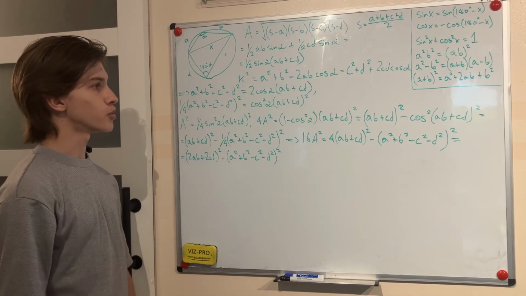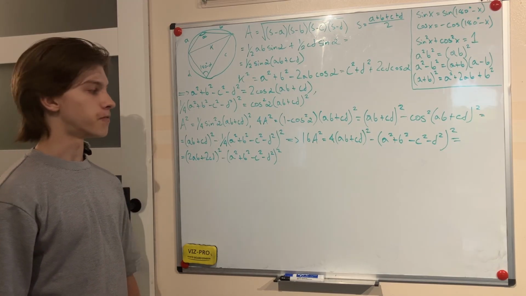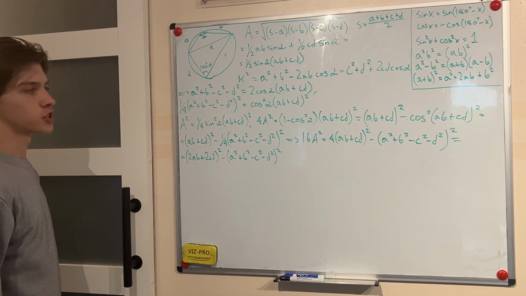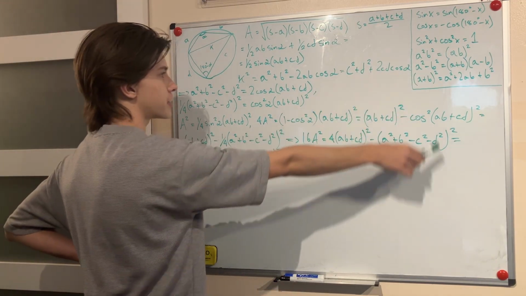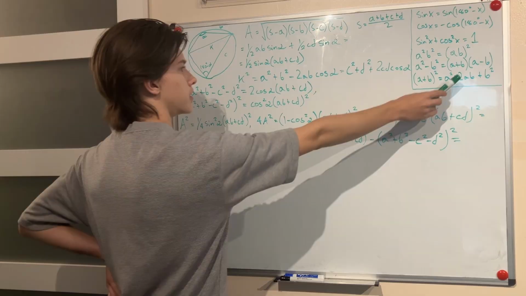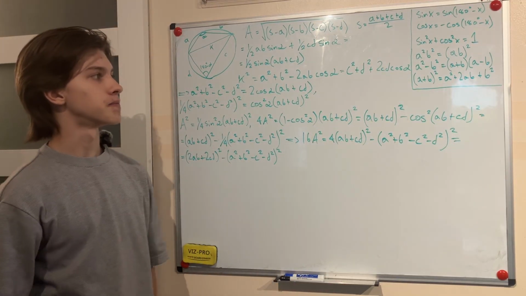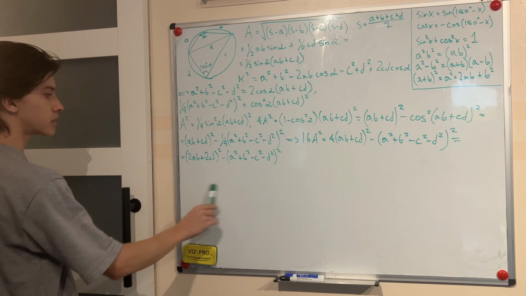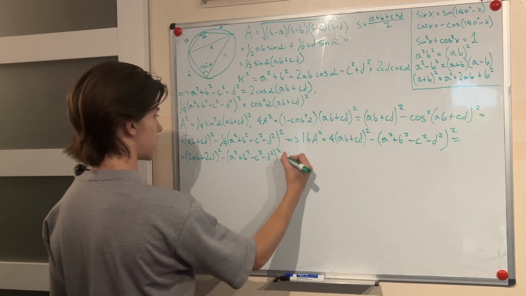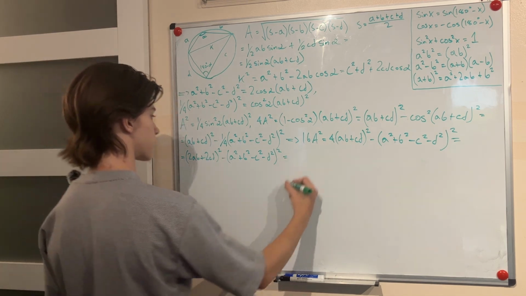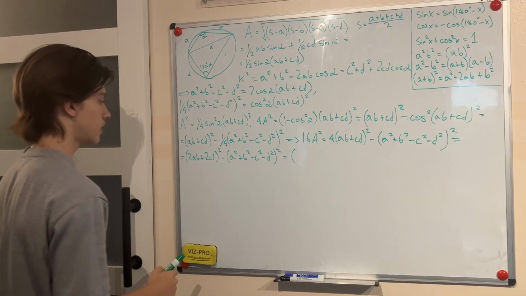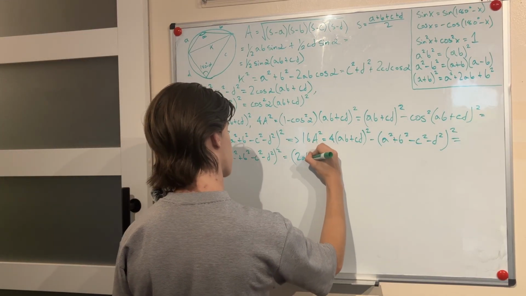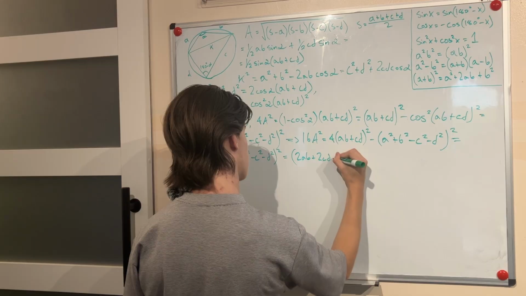Okay, so now we're done with the boring part. We can actually begin the fun part. Look at this. This is just a difference of squares. And as I have written right here as a reminder, difference of squares is the following simple formula: a plus b times a minus b. So we can rewrite this difference of squares as a sum times a difference. That is going to be 2ab plus 2cd minus